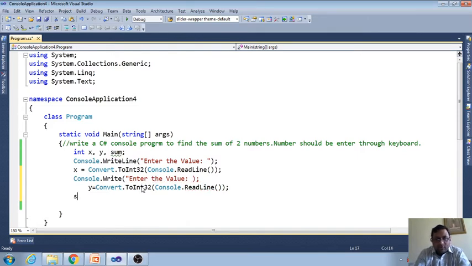And now we will find the sum equal to x plus y.